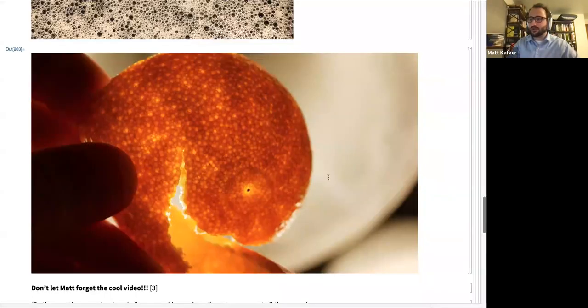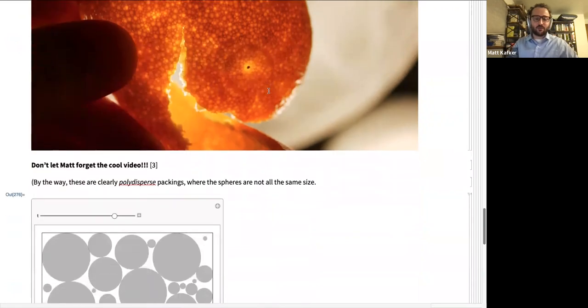Okay, so the point of that was that jamming is real, and so is sphere packing. Let's see, are people seeing the orange again? Yeah, okay, that was my evidence that sphere packing is relevant to life. There are all sorts of actual reasons why sphere packing is relevant to life, but that's right.